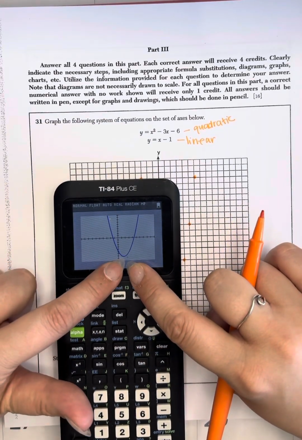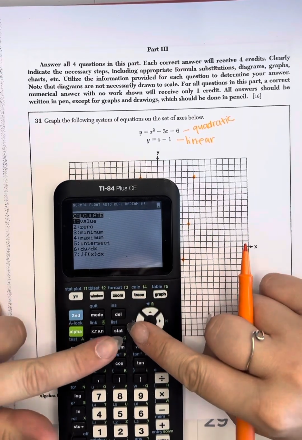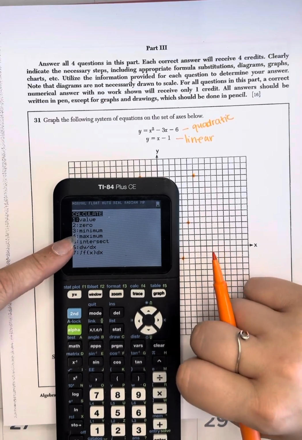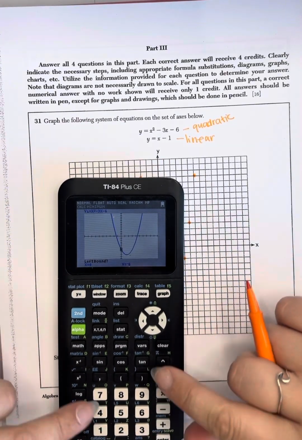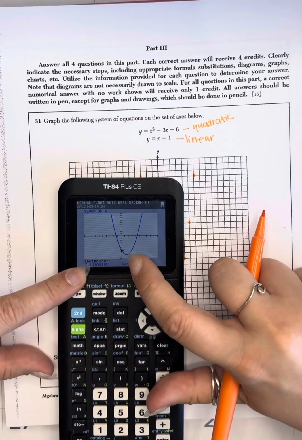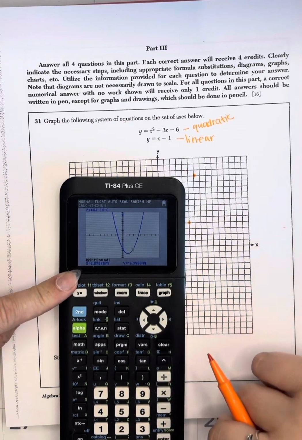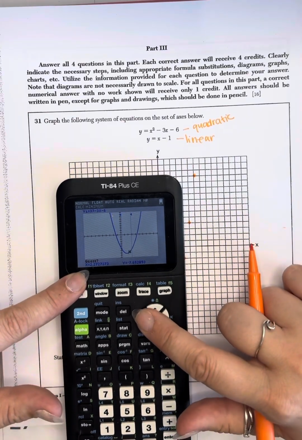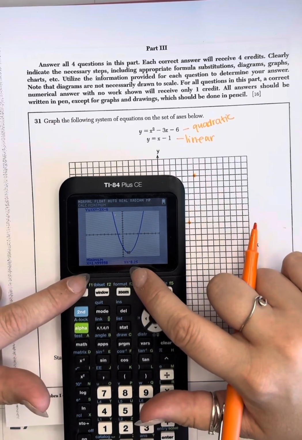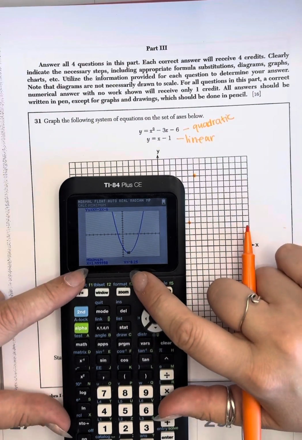and if I'm looking for that specific point, we can go to second calc, so second trace for calc, and I want the minimum because it's the lowest point, so 3. Left bound, so I want my little spider to be to the left of it. It doesn't have to be exact. And then right bound, so I'm going to move it to the right. And then a guess, so we're going to say about right here. And my minimum is 1.4999 and negative